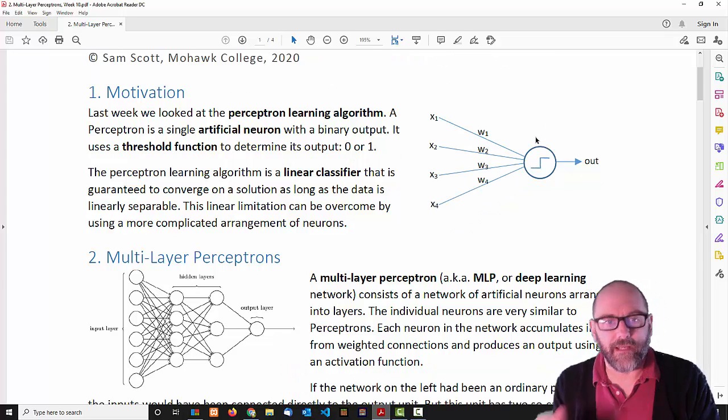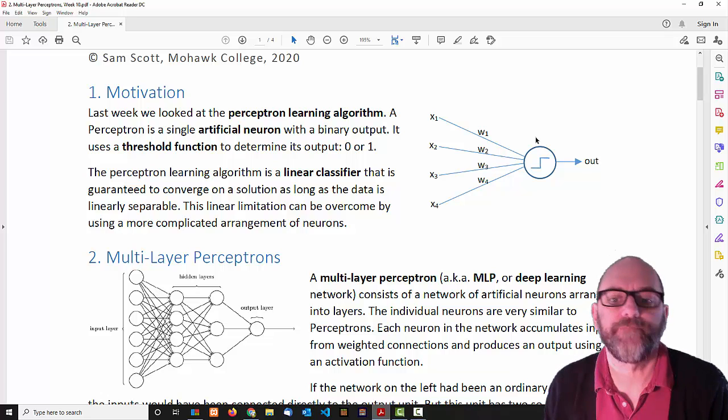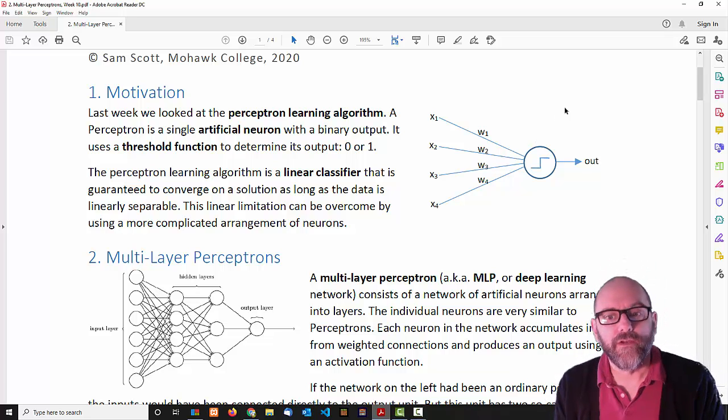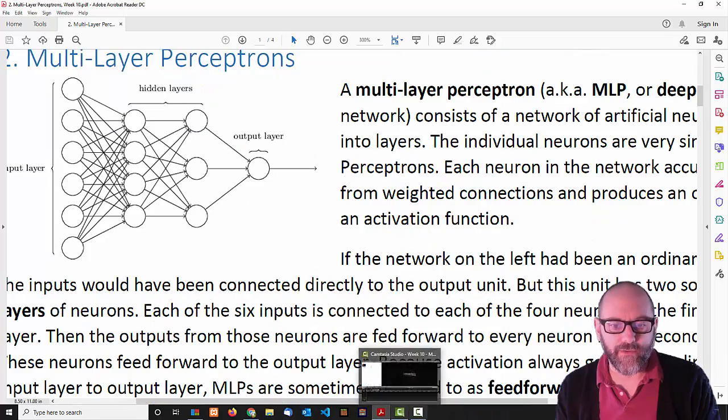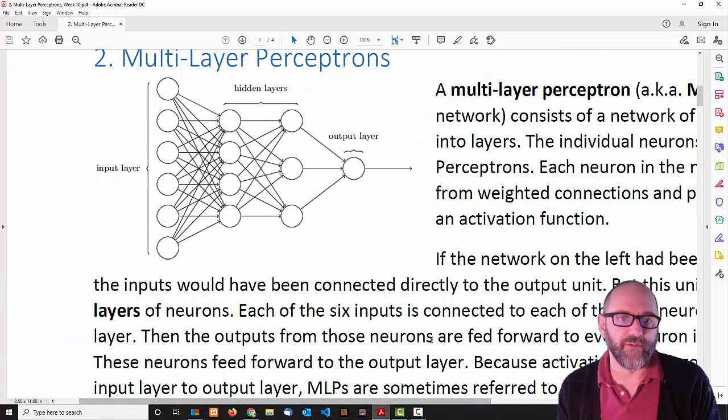I told you a little bit about the history. That was a sticking point for a number of years through the 70s and 80s, until multiple people discovered that there is a training algorithm for what's called